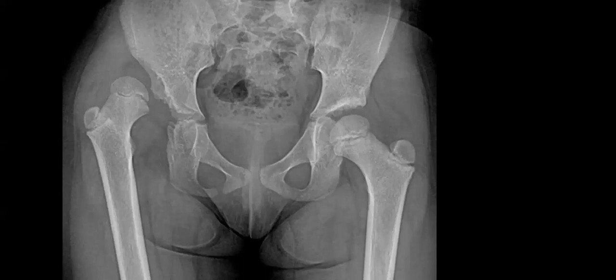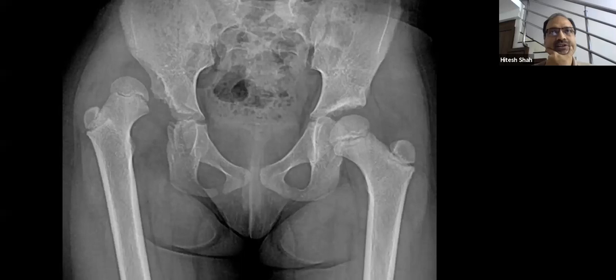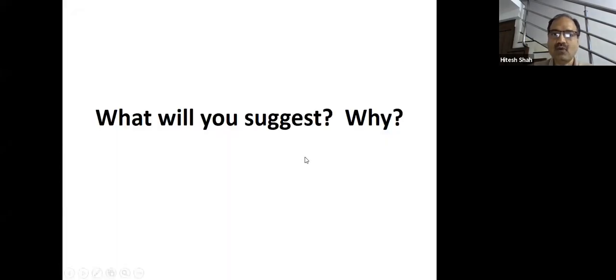Never ever comment on that, because always comment on a particular X-ray basically from inside out. Start with the hip, epiphysis, metaphysis, diaphysis, then the acetabular side. Always comment on the acetabular side, whether the acetabular index is normal or abnormal. Yes, sir, it is a very high acetabular index, and you correctly said there is a pseudoacetabulum or false acetabulum present. So now, what will you suggest?